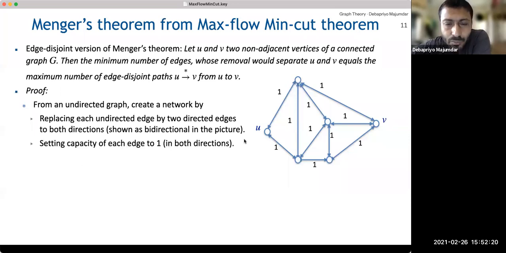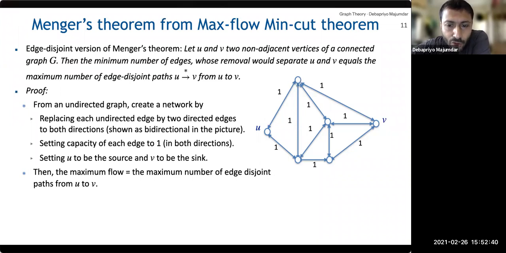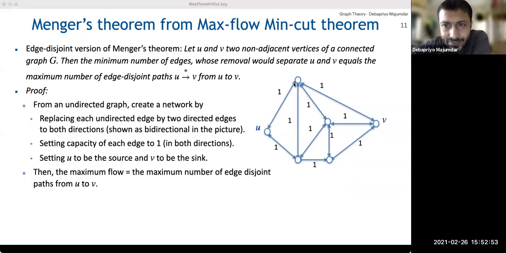So we set the capacity of each edge to 1 in both directions. This way also 1, that way also 1. And we set u to be the source and v to be the sink, whichever u and v you have. Note that although the capacity from some non-source vertex to the source is 1, it is not necessary that something needs to flow. In fact, it will be better if it doesn't flow. Anyway, then the maximum flow